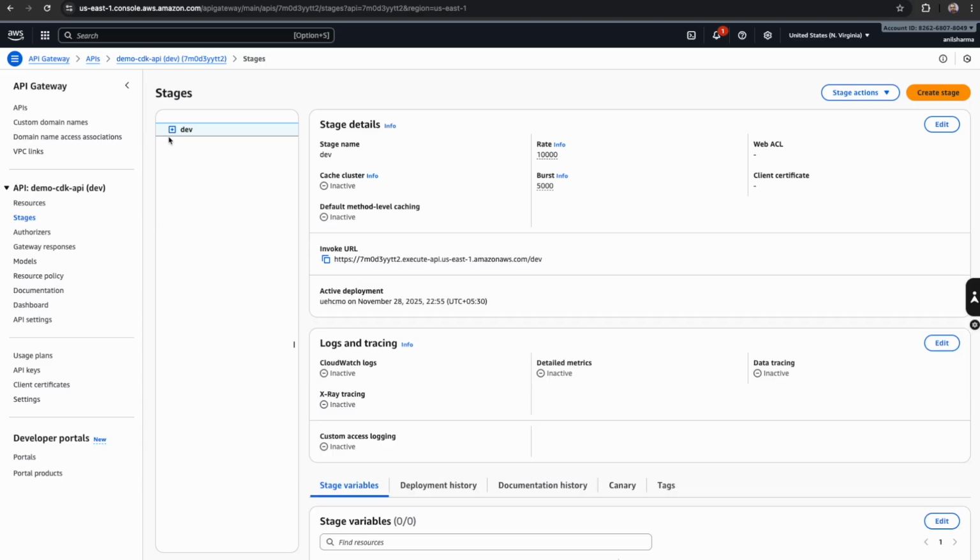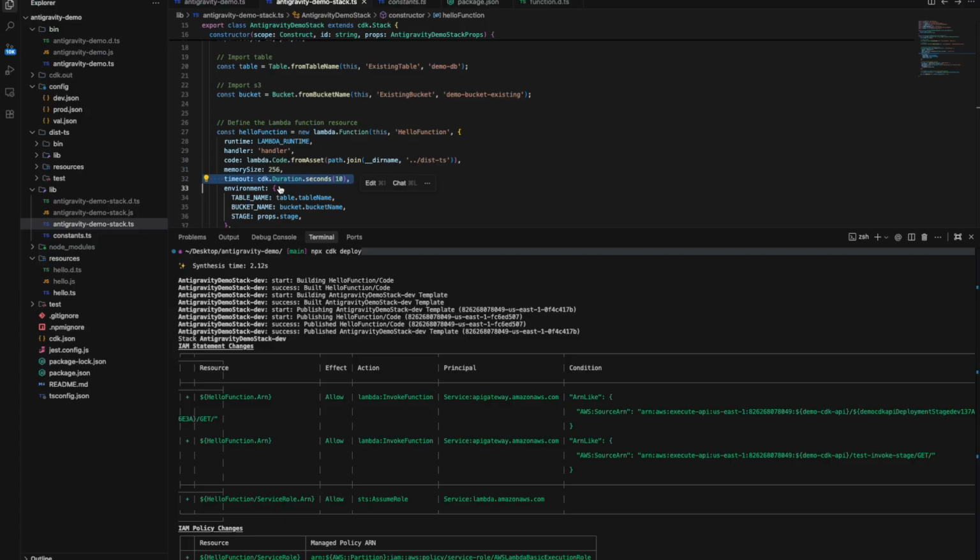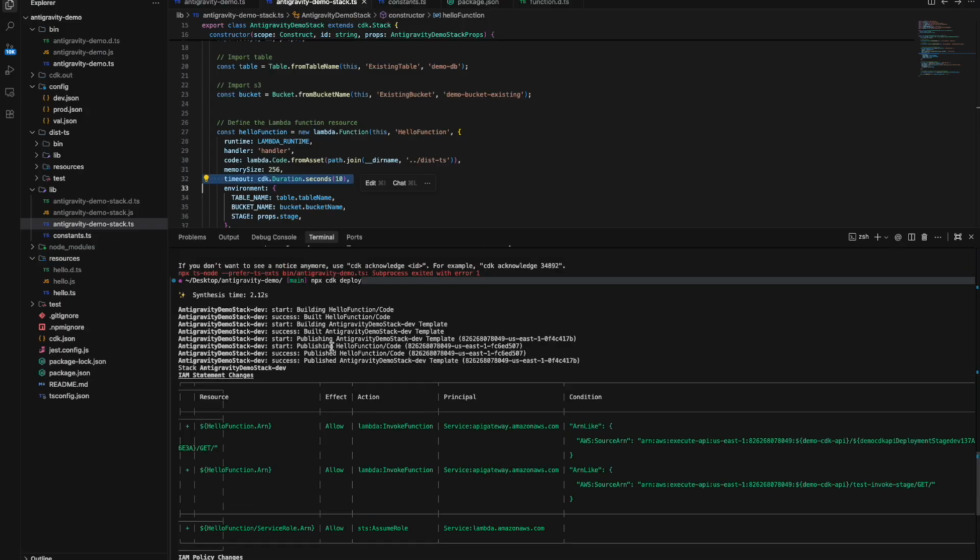We see we deploy for the dev. So we can see here the stage is also created. And now let's try to deploy, so we can get the idea. When we deploy, it shows us the same synthesize as before deploying, like what it will do. Whatever it will perform in CloudFormation, in that way we can see here also,